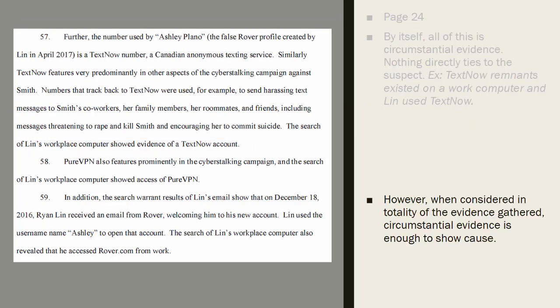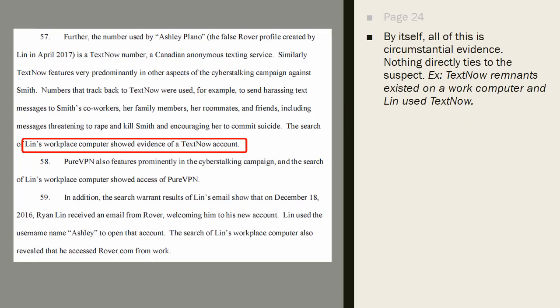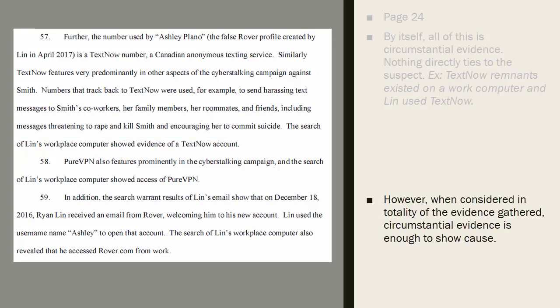I would go to page 24. Okay, this is again circumstantial evidence, because on his workplace computer there is evidence of a TextNow account, and I can assume that since the computer had the OS reinstalled, it was very little, some remnants of TextNow, maybe some URLs perhaps. So not enough, because there's not an account under his name, for example. But that doesn't mean that it's irrelevant. It doesn't mean that it's not important to the case. It just means that it's circumstantial evidence that he had a TextNow account or TextNow artifacts remaining on his computer, and TextNow was one of the providers used in the cyberstalking case.